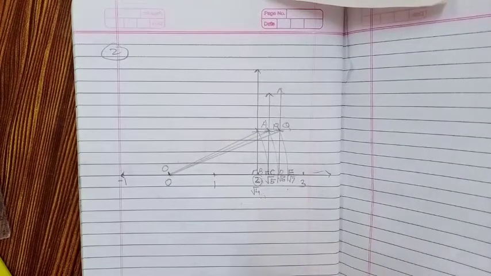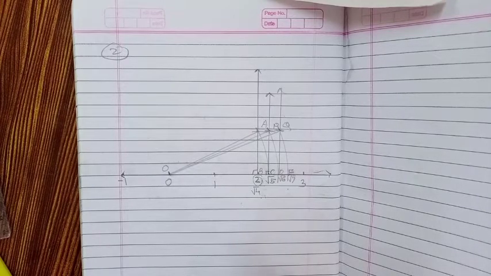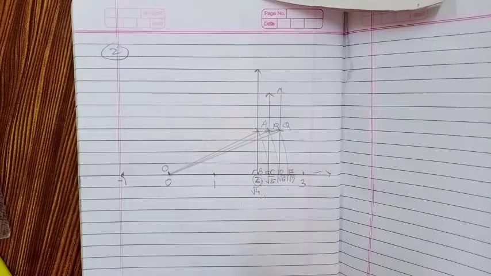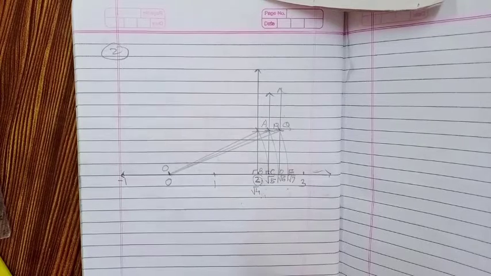This is my 8th standard's first 4 videos. If you watch carefully, then you will understand lesson number 1, rational and irrational numbers. So you must watch the previous videos carefully.